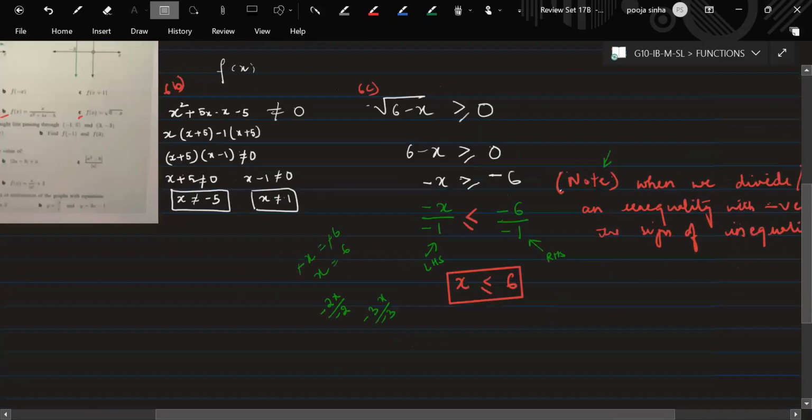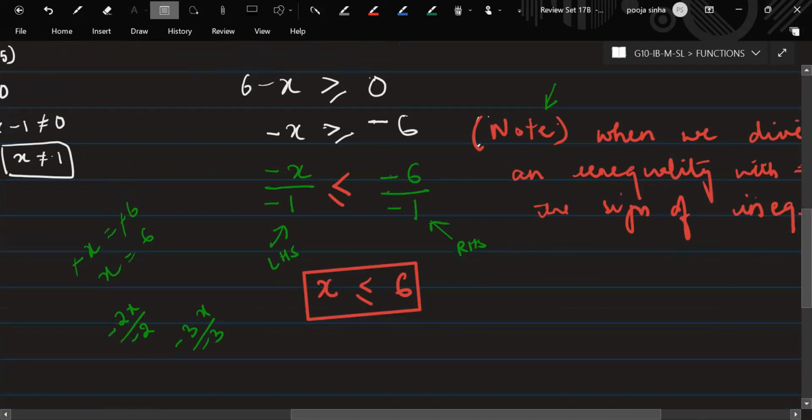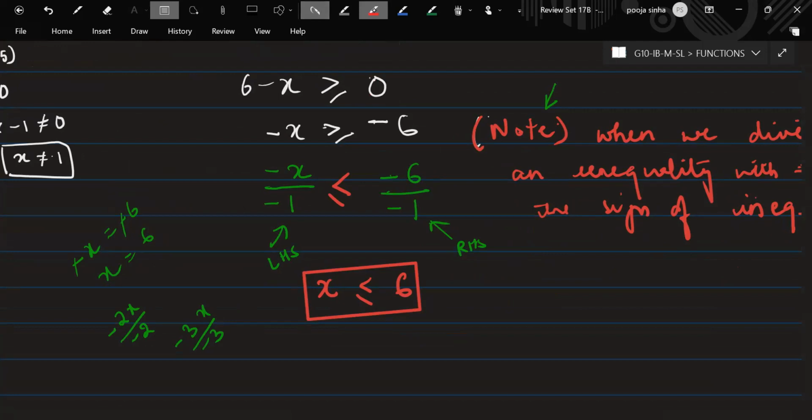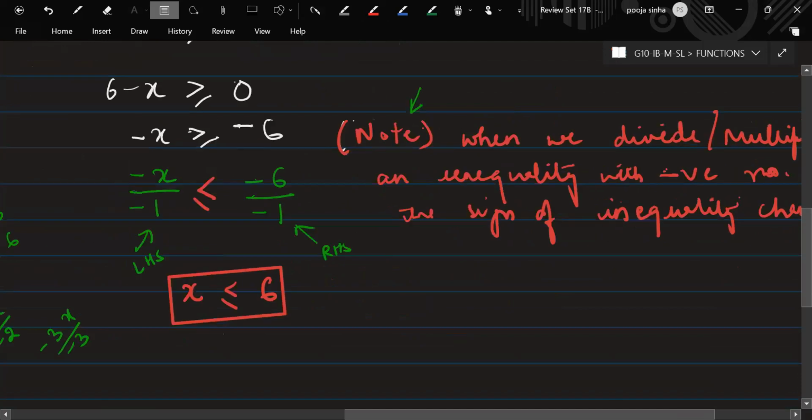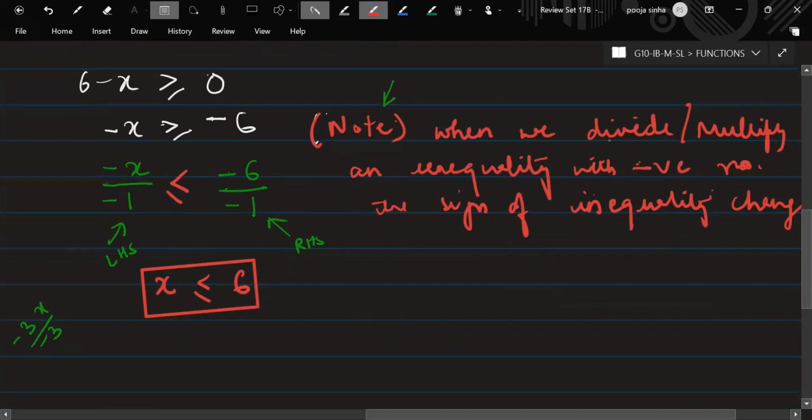And Arya, here a rule is being applied. See, when we have solved up till here, just have a look at what I'm pointing at right now. Can you see that there is minus x is greater than or equal to minus 6? But my final answer has a different sign, because you added the -1 and I removed this minus, and there is a note which I've written here. That note says when we divide or multiply an inequality with a negative number, the sign of the inequality changes,